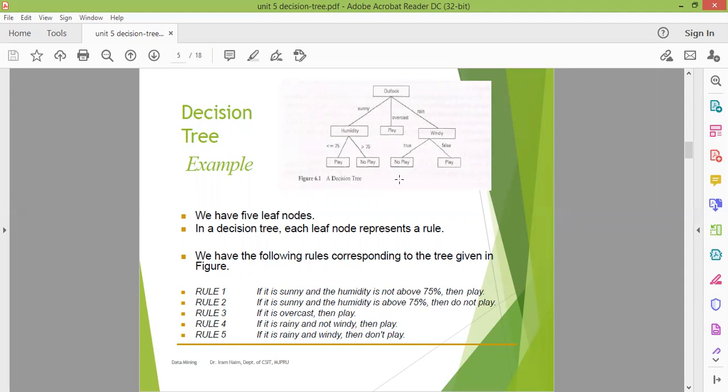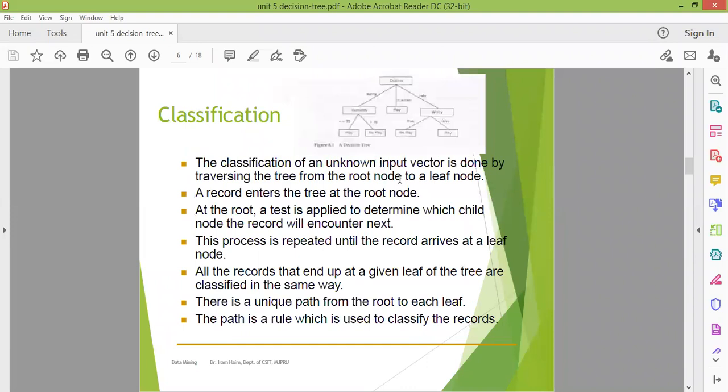If it is true, then we can say the decision tree is okay. But if it is not true, then we have to further check the attribute criteria. Maybe the attribute division criteria is not okay, and maybe the selection of attribute is not okay. So for that purpose, you have to revise your decision tree and generate other rules.